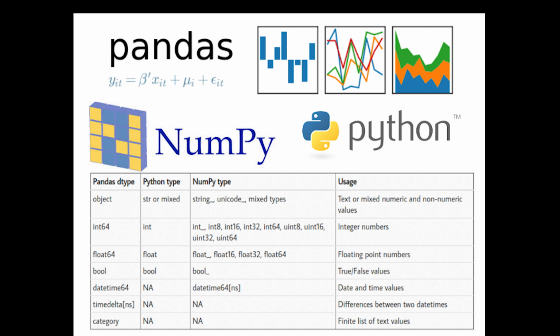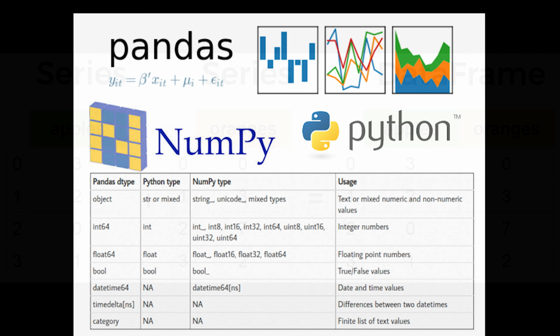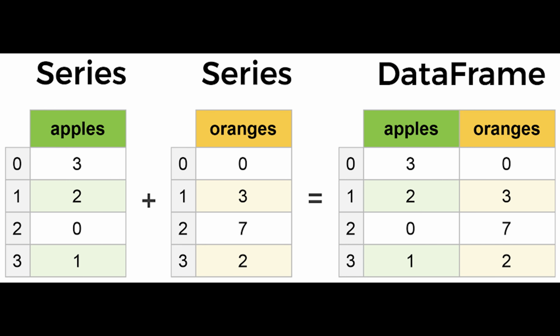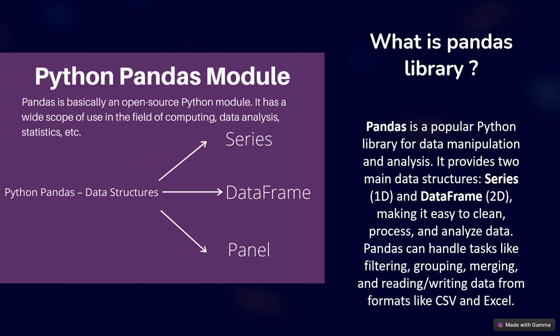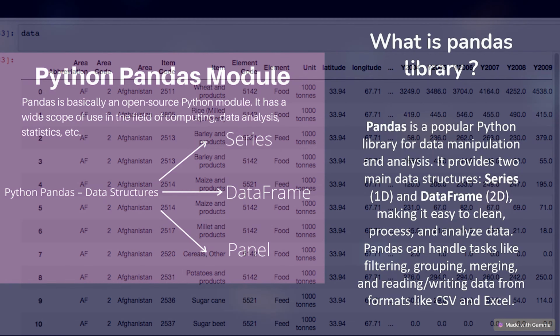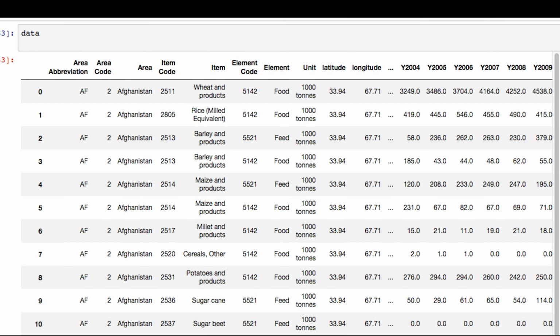Pandas is a popular Python library for data manipulation and data analysis. It provides us two main data structures. First of all, we've got Series, which are one dimension, and on the other side, we've got DataFrame, which are two dimensions. It makes it easy to clean, process, and analyze the data, totally working with data. And Pandas can handle tasks like filtering, grouping, and merging the data, or maybe reading or writing from formats like